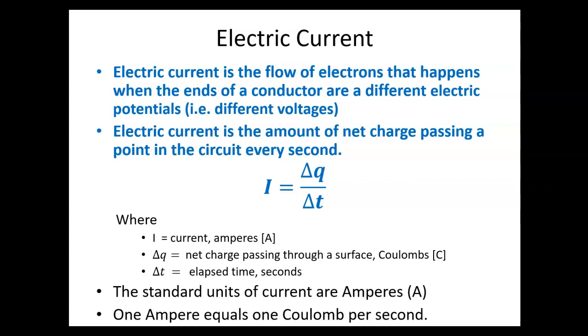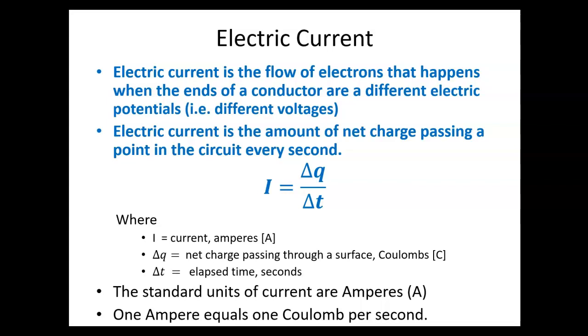When we talk about electric current, we're talking about the amount of net charge that passes a point in the circuit in a given amount of time. So I, that's the symbol for current, equals the net charge, which is delta Q, divided by the elapsed time, which is delta T. Current is measured in amperes,